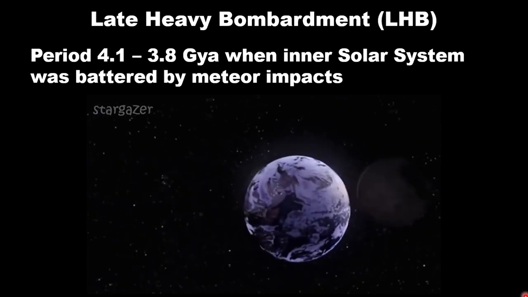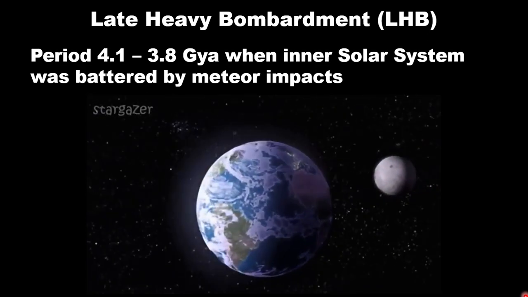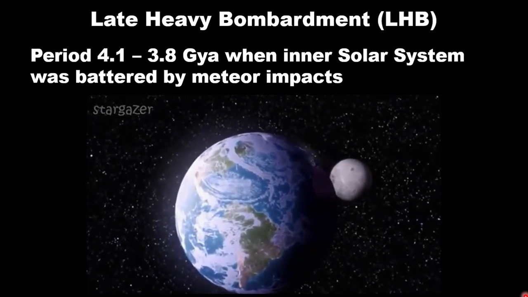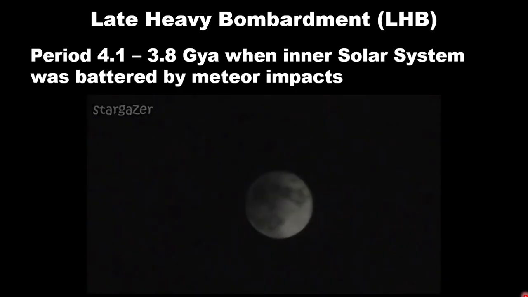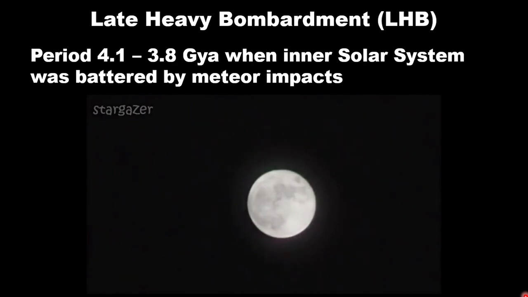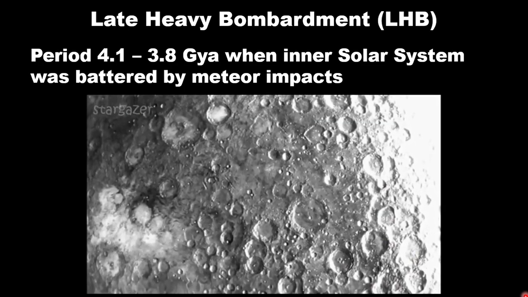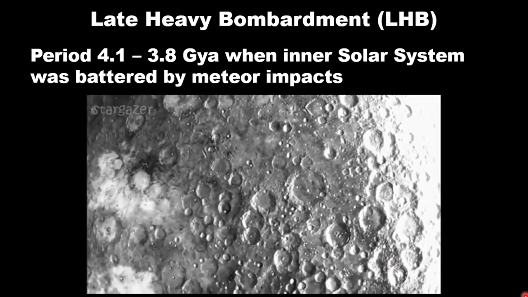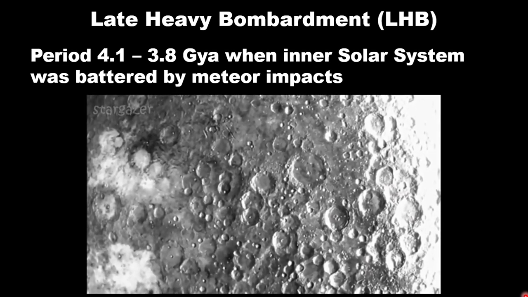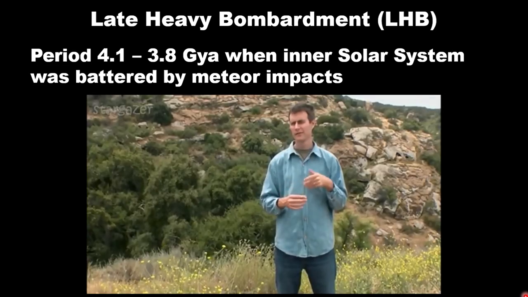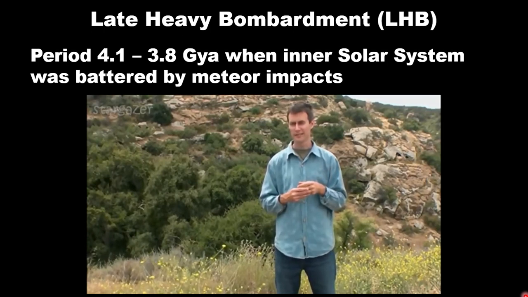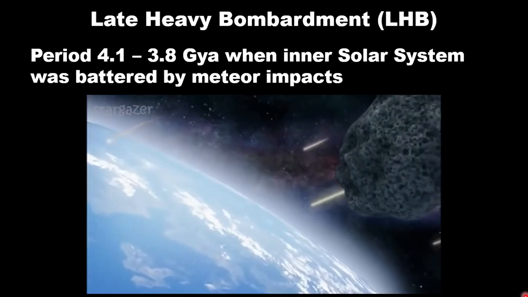But it's a different story on the cratered face of the moon. We can see very clearly its record on the face of the moon. The lava-filled basins were formed during the giant impact events that occurred during the late heavy bombardment. And so we know that large objects hit the Earth during this time.